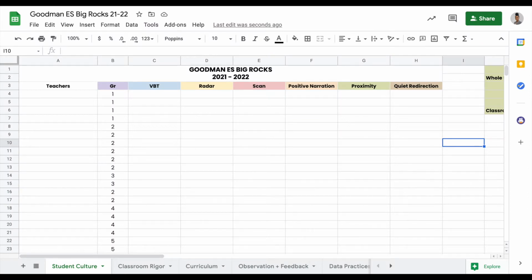So first, let's go ahead and talk about student culture. When we think about student culture, we typically go straight into the classroom. How is the student culture when the teacher is teaching or when they are working in small groups? But that's not it. Student culture not only embodies what happens inside the classroom, but also what happens outside the classroom. What is a culture doing during arrival or dismissal or in the hallways or at lunch? All of that together embodies student culture.